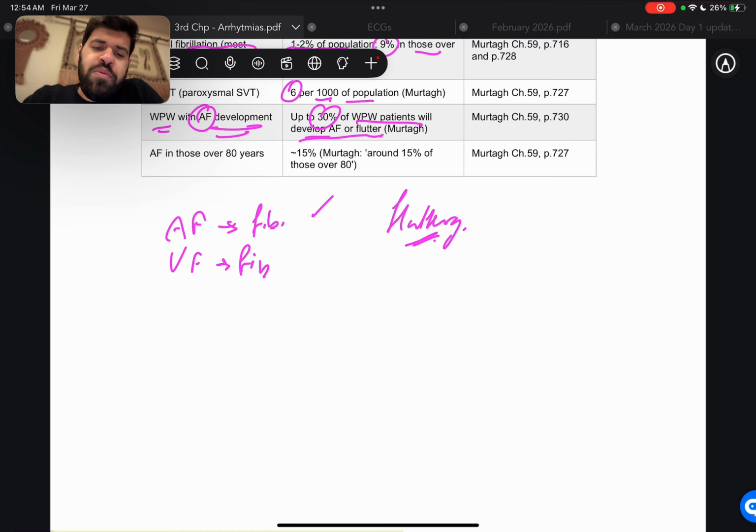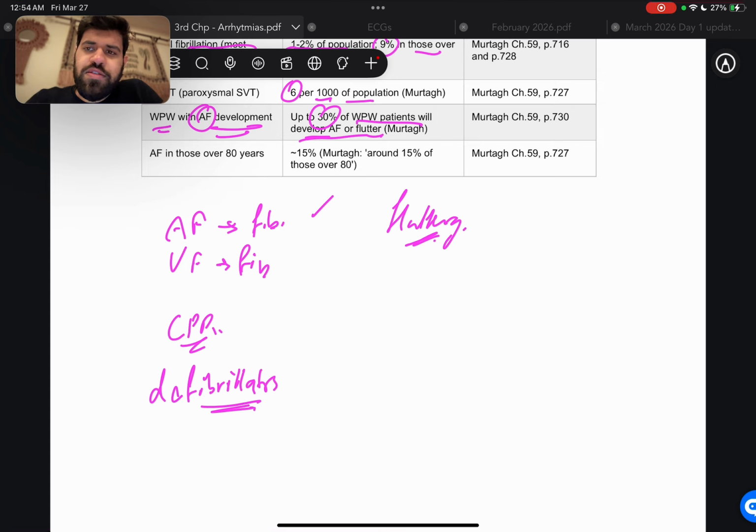So the way I like to remember is that while doing CPR, the shock paddles that we have, we call them defibrillators. All right, but we don't call them deflutters. Right, so defibrillator, so fibrillation is